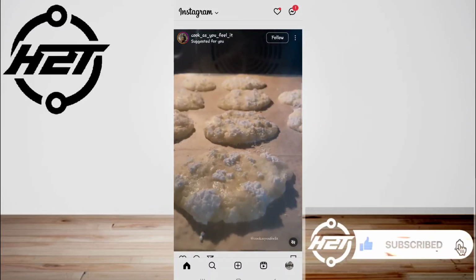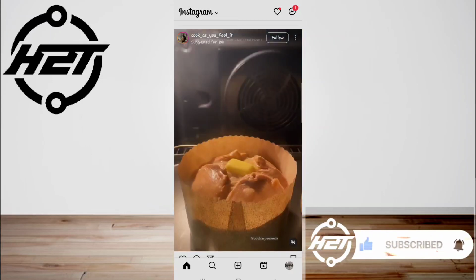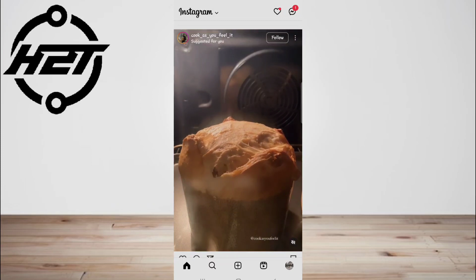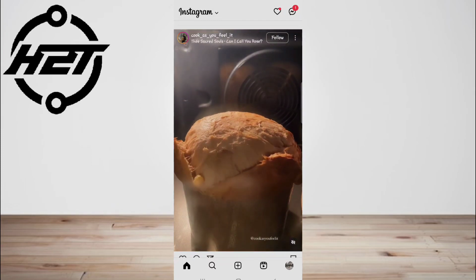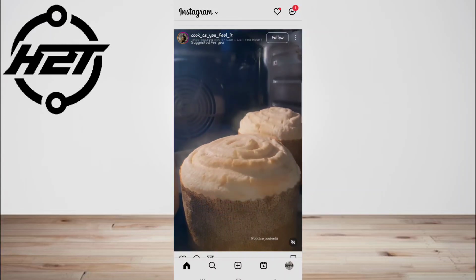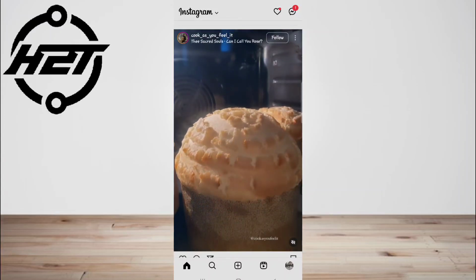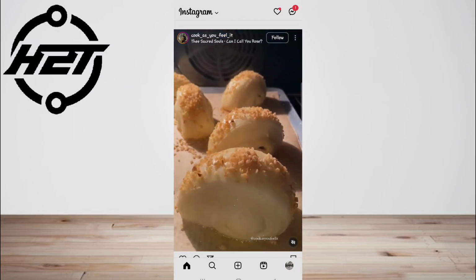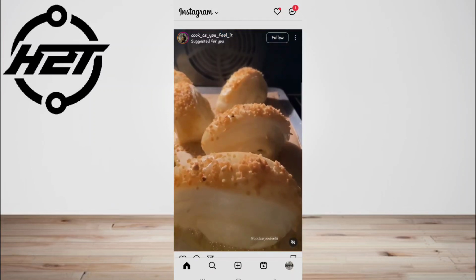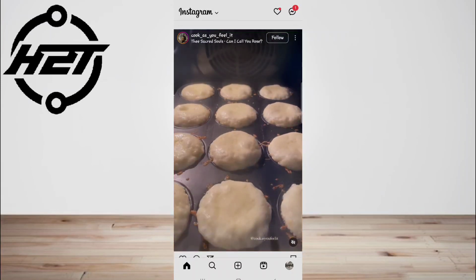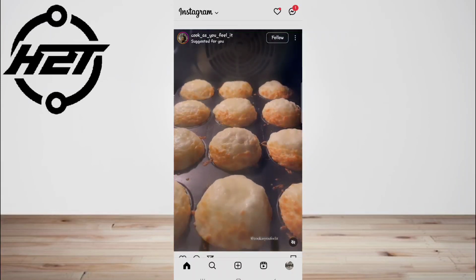Today I'm gonna show you how to see someone's recent followers on Instagram. Instagram focuses on user privacy and data protection. So, follower lists are typically private and the platform doesn't notify users when someone follows another user. Here are some ways you can gain insights into someone's new followers.